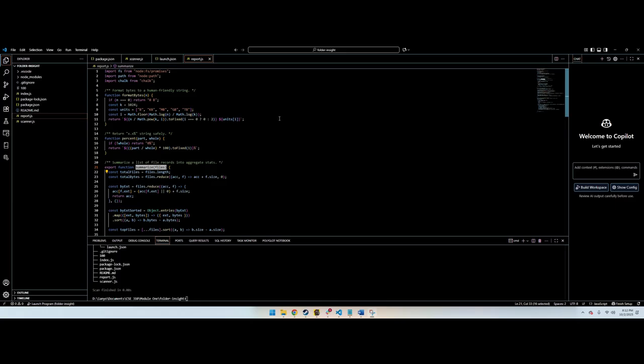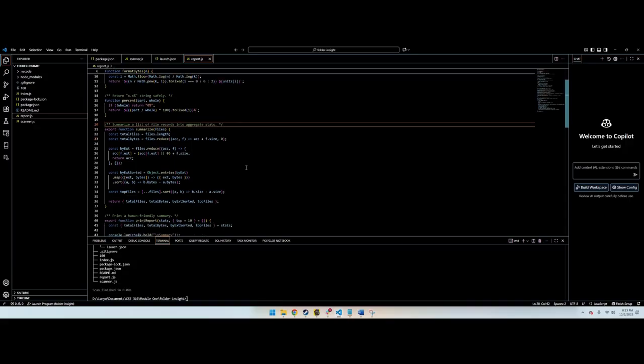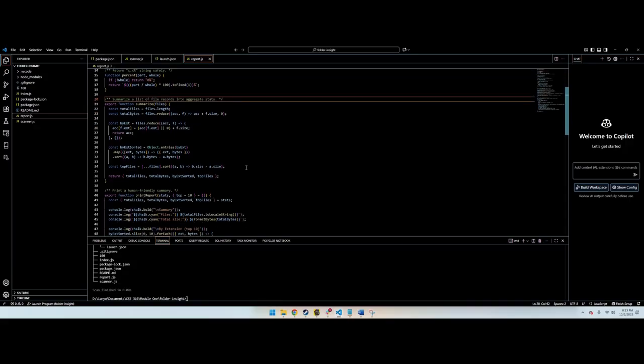So for the sake of time, I'll go ahead and move on to report.js here. So basically aggregation happens in summarized files that I have highlighted here. So I compute the totals with reduce, group sizes by extension into an object, then convert that to an array and sort descending. So I reuse sort to produce the largest files list. So the print report function formats everything with chalk for coloring, of course, and these are plain array operations, easy